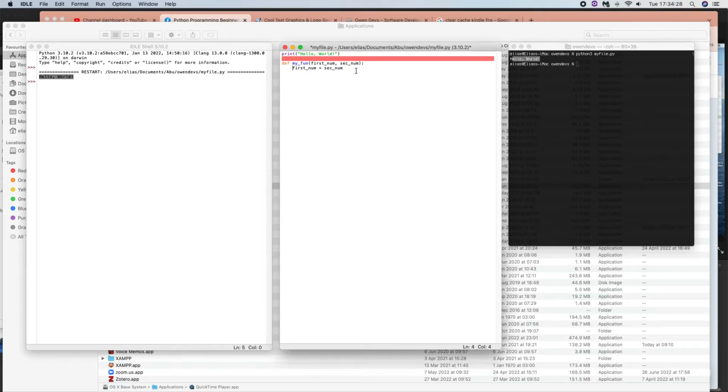And this total is put in another variable. So my_total equals first_num plus second_num. And because we want to see on the screen what the result is, we say print my_total. So print is for showing something on the screen. Then, of course, to run the function, we must call it. So my_fun, and we pass 2 numbers to it, 1 and 2. So if I run this,